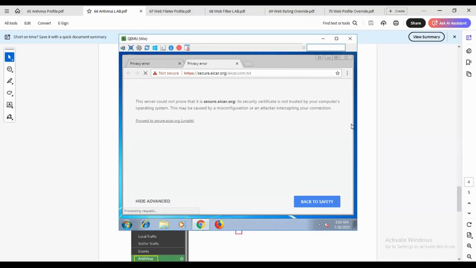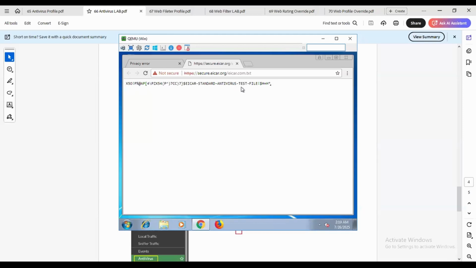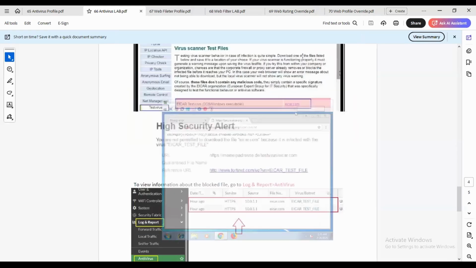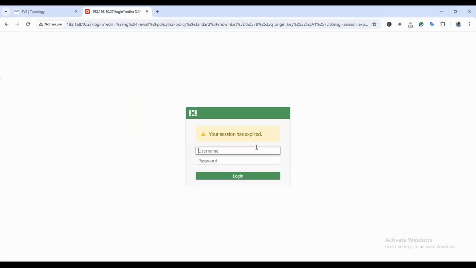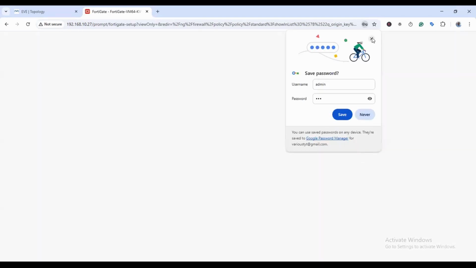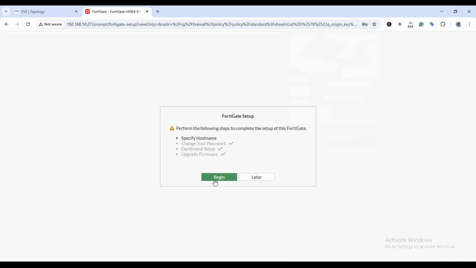Let me go back here. Let me click here. And you can see it is visible, right? It is visible. But if it is visible, which means your profile is not working. Your antivirus profile is actually not scanning. Why is it allowing? Because the first option, we do not have the license on the firewall. Second option is we do not have the updated signature available, right? So these are two conditions. That is why we are not able to